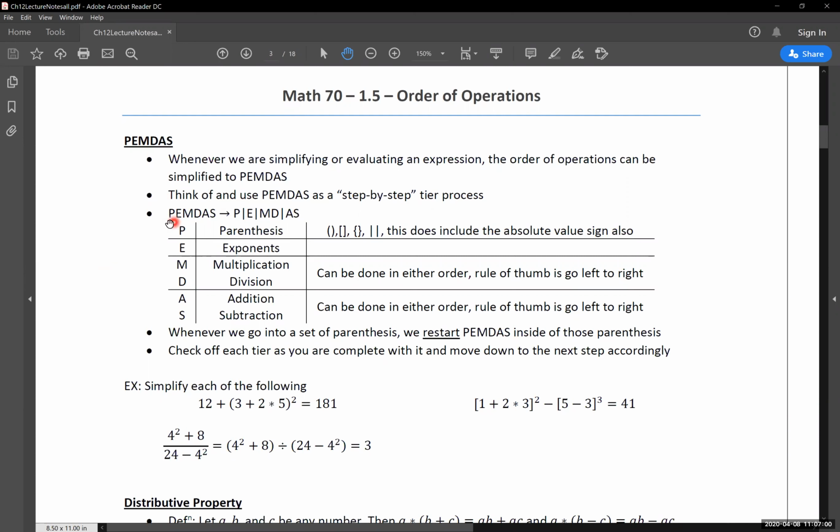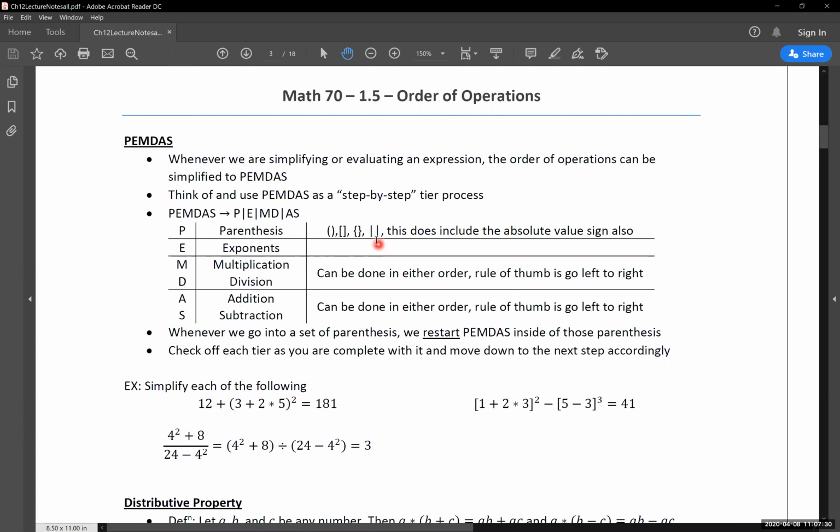So we generally write it out just as PEMDAS. I like to break it down into these different, I call them tiers, because that's essentially what we're going to be doing. We break them down into our parentheses. So this is our first thing that we're looking at. We look at parentheses, which includes just our parentheses, brackets, curly brackets, which are a little bit less common, but they do occasionally show up. And then last but not least, our absolute values. Again, they're a little less common, but they do show up all the same from time to time.